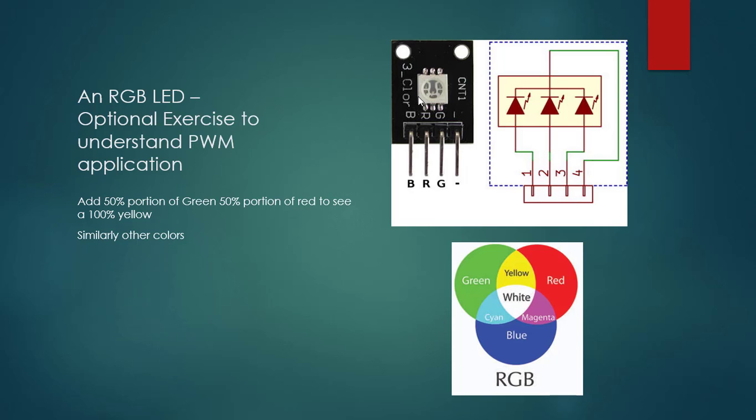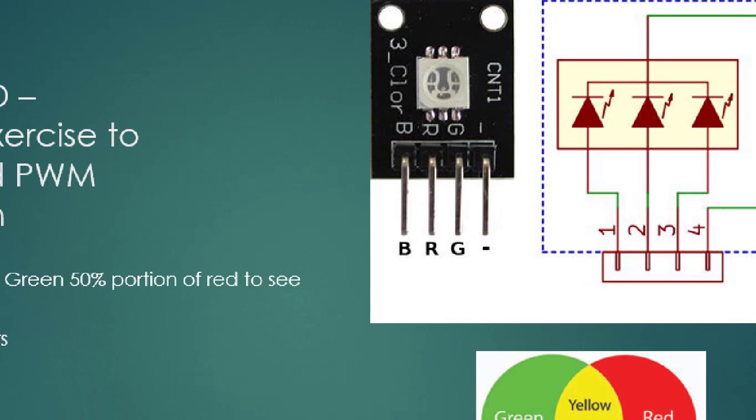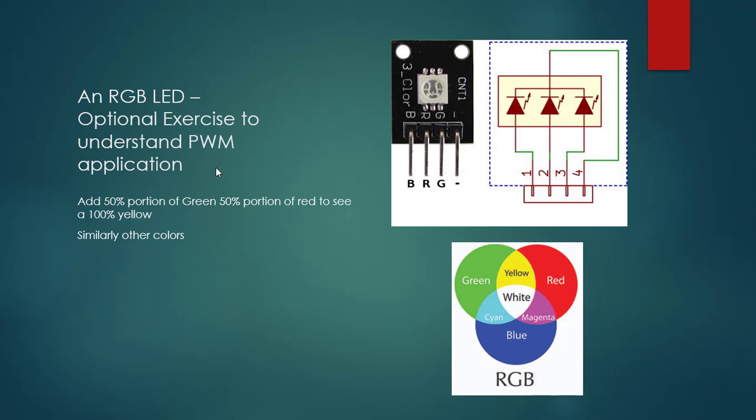Now we'll take an example of an RGB LED. In the market you can get some varieties like this, which is having RGB and a common cathode. When the duty cycle is maintained, if you try to vary the intensities, you can see the intensities of red light, green light, blue light changing. This is similar to if we mix red and green in equal portions, we'll get yellow. Now what will happen if we mix 30% of green and 70% of red, we'll get a different color. Now we'll try to see how that can happen.